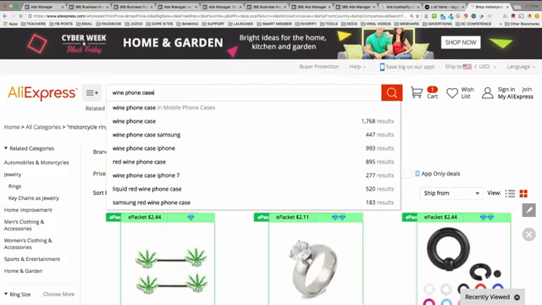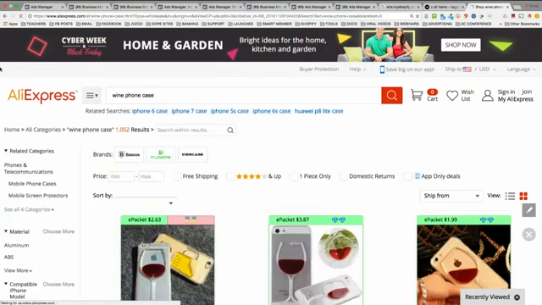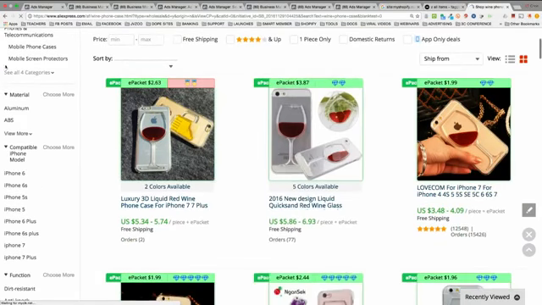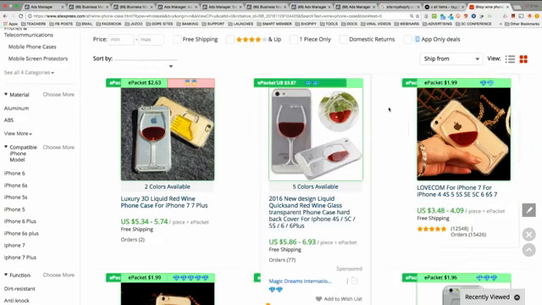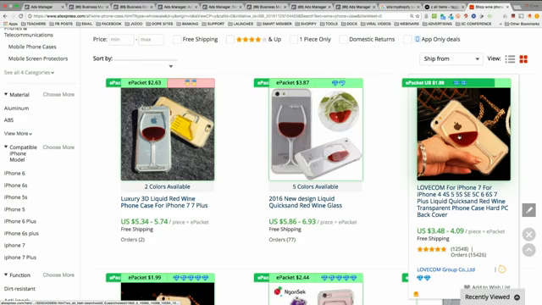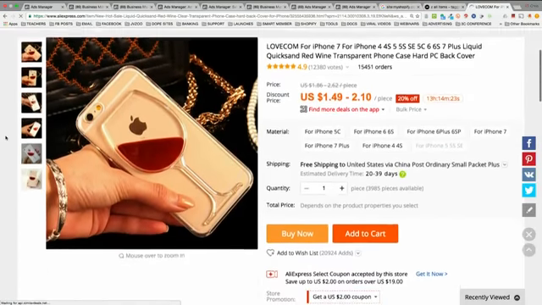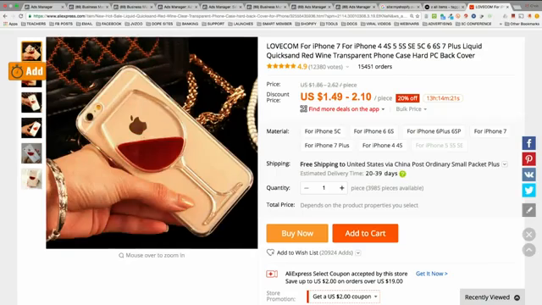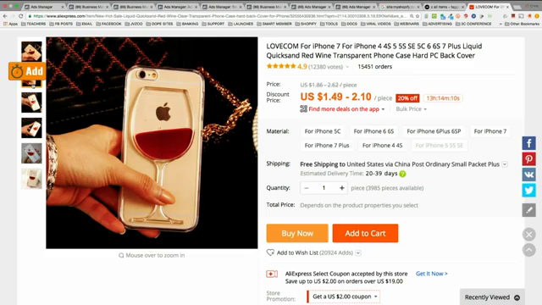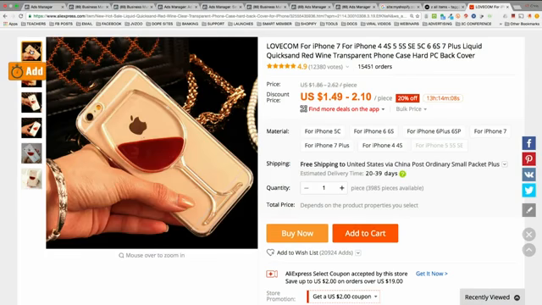Wine phone case. And I'll use this as an example. I just typed in wine phone case, and look at this product right here. This is a product I just ran the other day. Very easily sold these. This was pretty effortless. That didn't take much energy to sell these at all. You guys can compete with this. I don't even know whose this is. I just did a search. And just like this, look, when you tilt it, the red liquid in there tilts on your phone